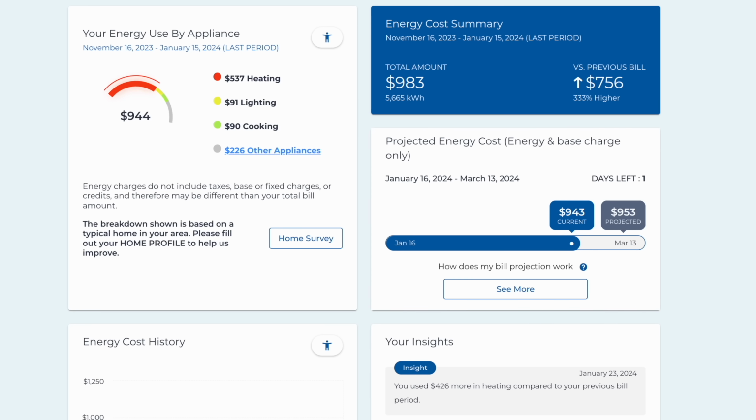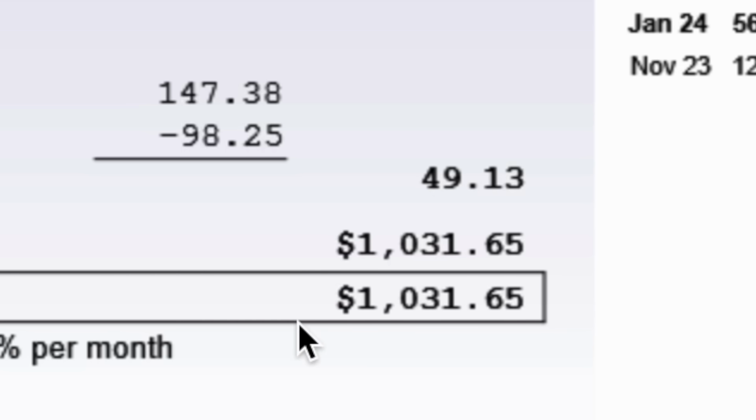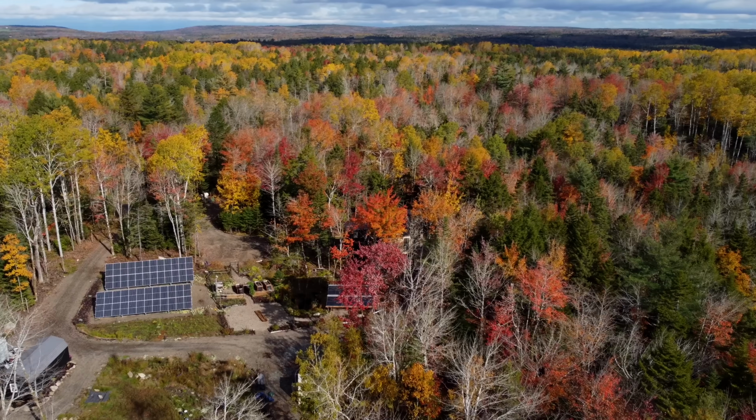Well, the thing is, when we moved into the cabin, the electric furnace that came with it didn't work properly. So it was supposed to be a heat pump, but it malfunctioned, and the backup heater was this 15 kilowatt element that just burned bright red. We obviously had no idea until we got our first utility bill. It was over $1,000, which was just disgusting,